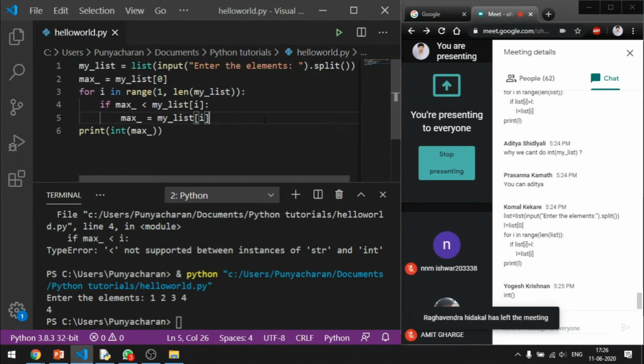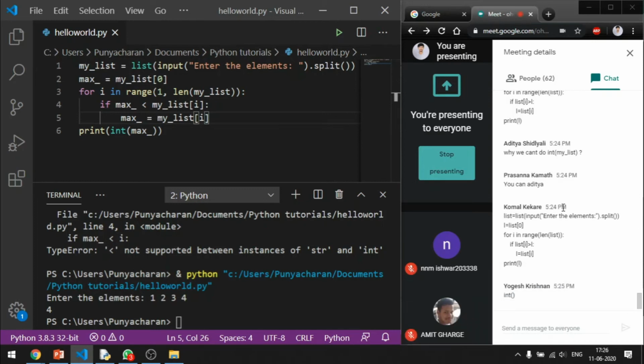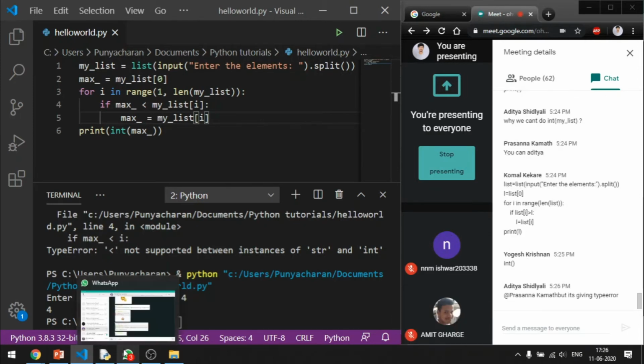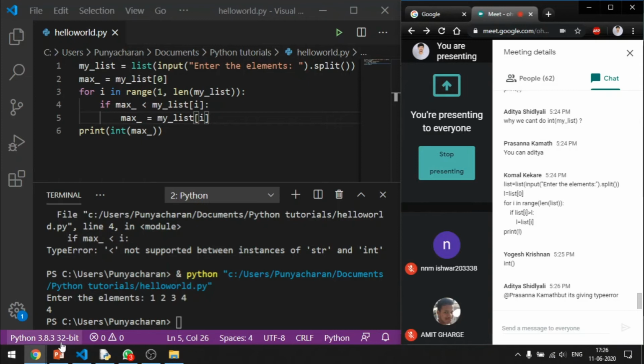So yeah, hope this is clear. For the next program, I'm going to compete with you people. Who will solve the next program first? Hope you are making separate files for each program so that you can upload them to your GitHub. Make separate files for each program. Don't do it like me. Next program. Are you ready? Let's go ahead.